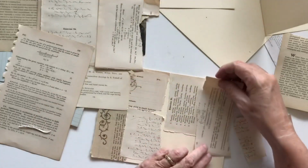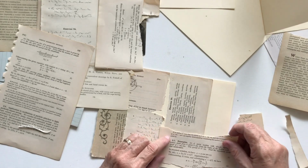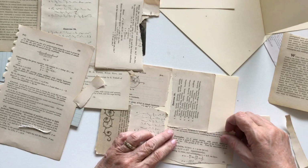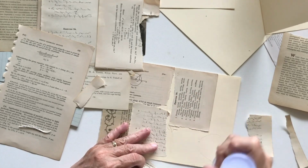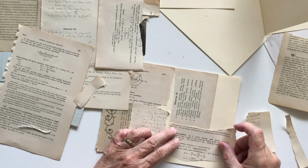Tear that across. I'd like that to go this way actually. I'm going to tear the edge off there and just tear it across here. Now I have an idea, so it's not bothering me that I'm not quite covering all of it, because I also got my